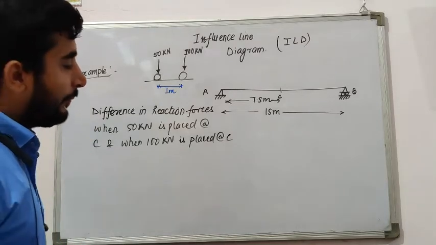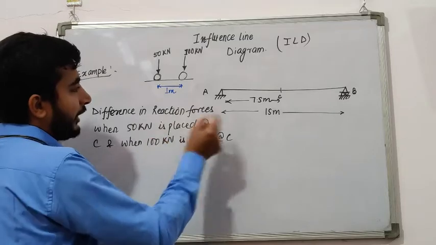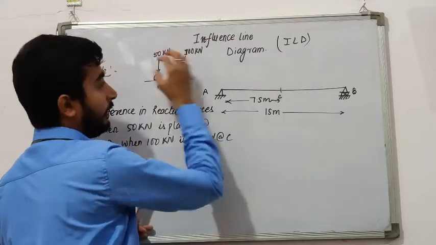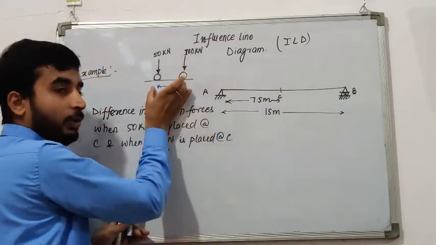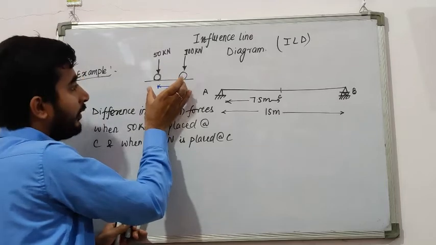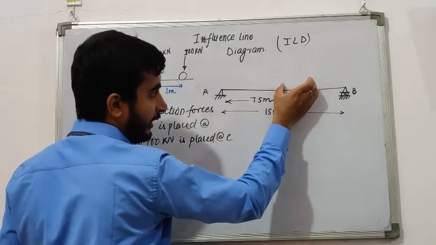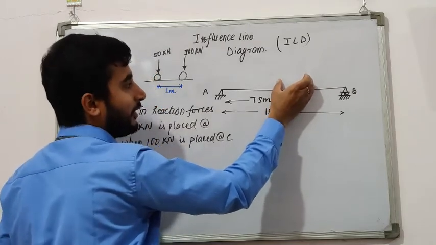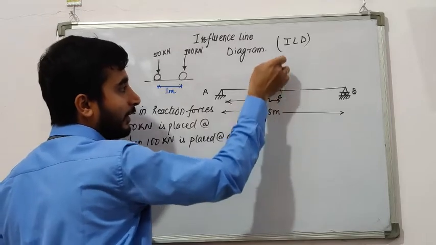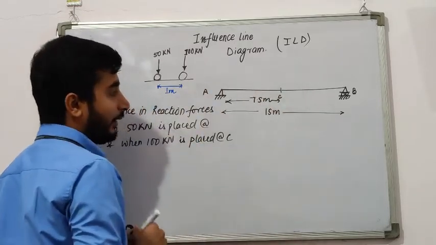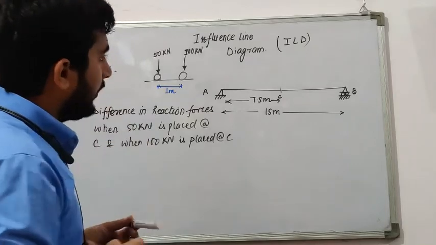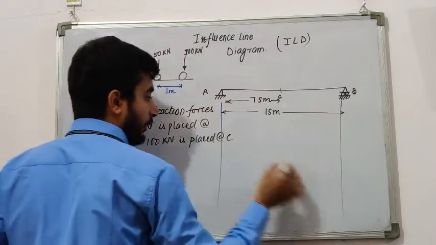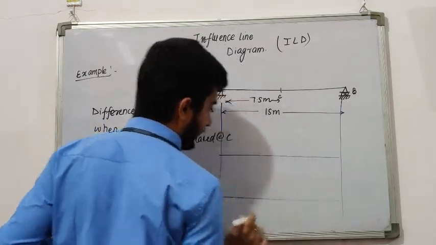So how we do it is, remember when I say that 50 kilonewton is placed at C, that doesn't mean that I pick up only this 50 and put it here and 100 remains here. It's not the point. This is a complete load system. You may consider it a car. So when 50 kilonewton is here, 100 will be placed here. Remember? This is the basic logic. And when I say that 100 is placed at center, the body will be moving this side, 100 will be here and 50 will be here. So what you have to do, you don't have to go into the basic strength of material concepts. Just draw the ILDs.